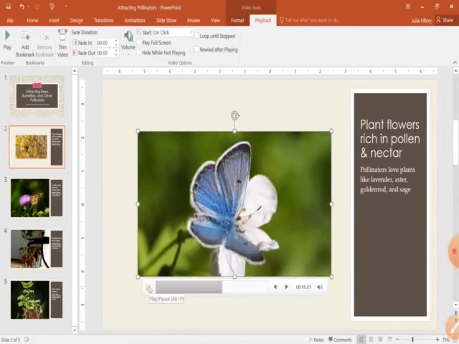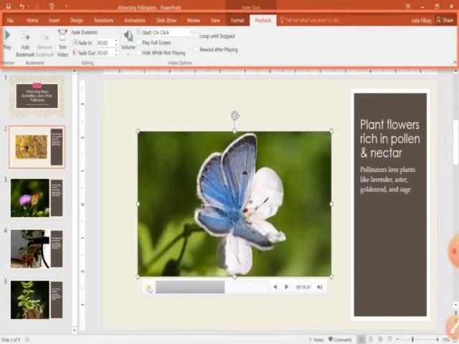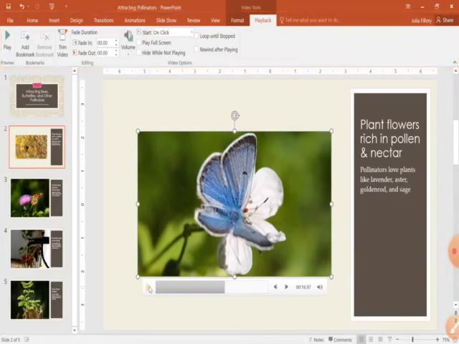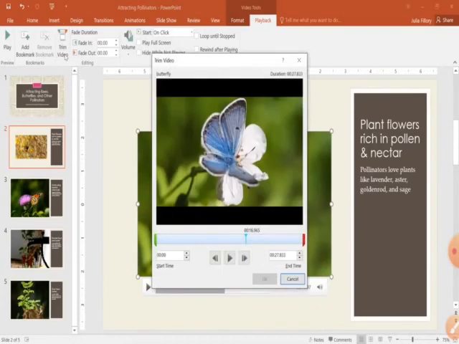If you want to set the part of the video, you can trim it. Like the audio, we can set the same in the video also. For setting the trim video, which part you want to keep and which part you want to show to the audience, we can select by the slider.